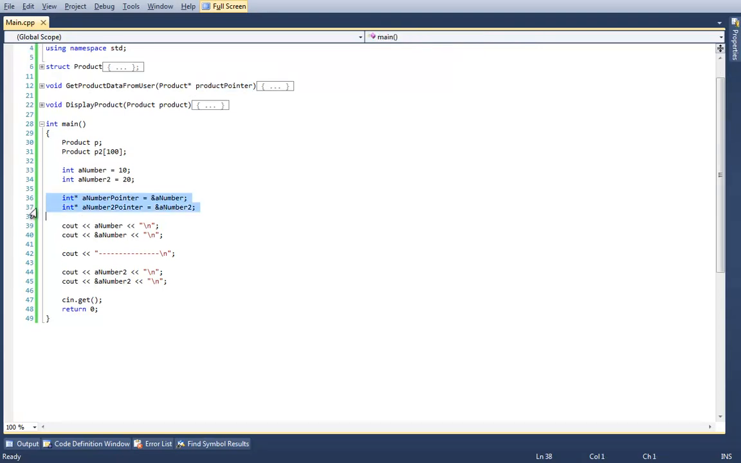Okay, so on line 36 and 37, we create two integer pointers, and you know it's an integer pointer because it's the type int followed by an asterisk. We assign the address of both of our integers